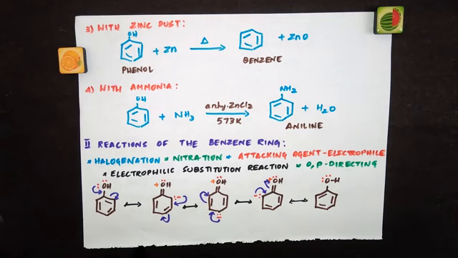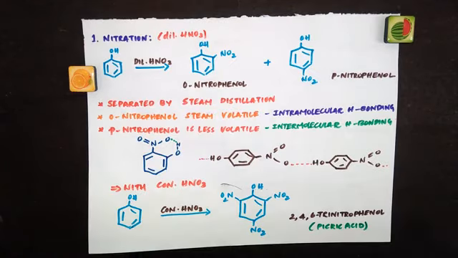Now we will see a few examples. The first electrophilic substitution reaction of phenol is nitration. Phenol can be nitrated even with dilute nitric acid or with concentrated nitric acid. Here the electrophile is NO2 plus. As I told you already, this OH is ortho-para directing. So the electrophile NO2 will be directed to the ortho and para positions. So you get a mixture of ortho and para nitrophenols.